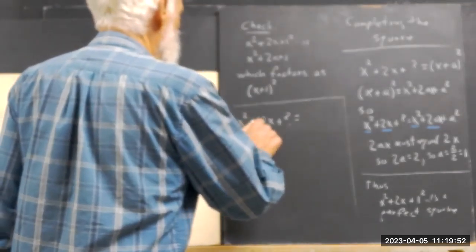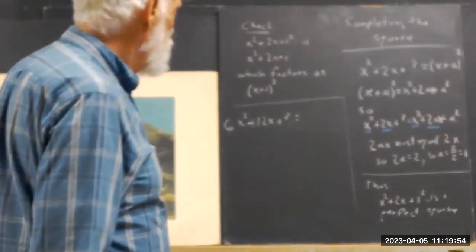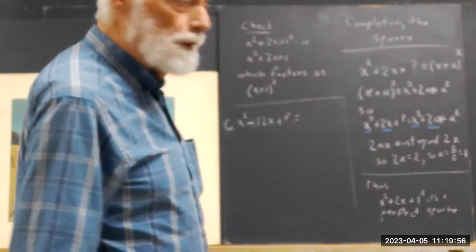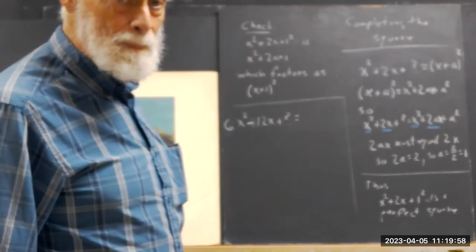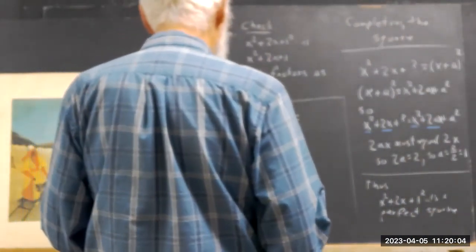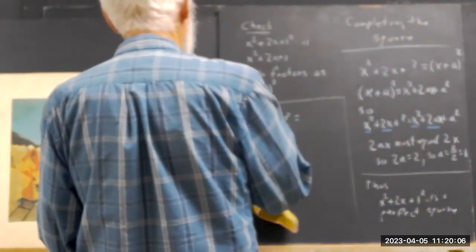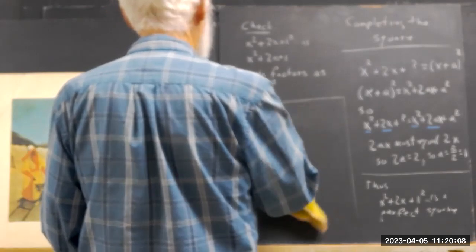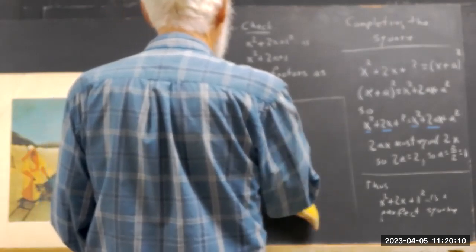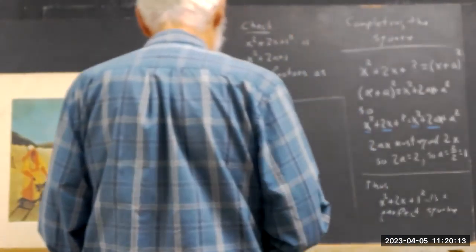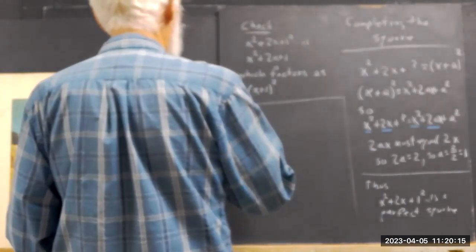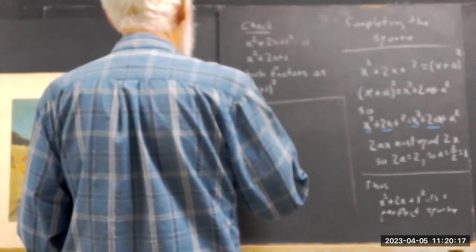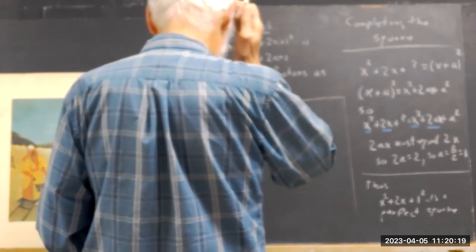Let me put a minus in there, for a little variety. You've got 6x squared minus 12x plus something. I don't want to put the square there. Let's try it again. We're going to do 4x squared minus, let's say,